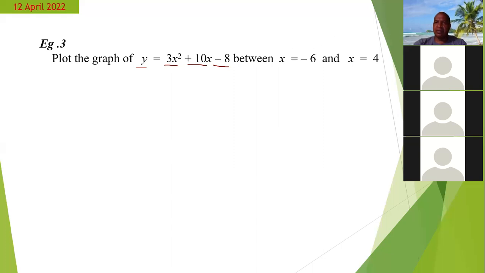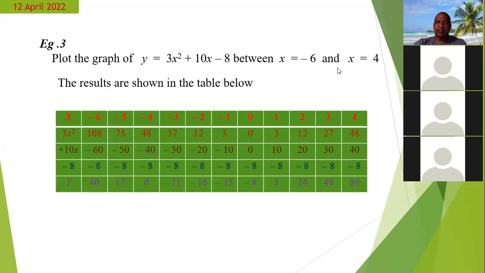All right, so your table should look something like this. This is what you would get when you construct your table. And just to walk you through the calculations, I'll show you now how we arrive at our y value. It is done in the same way as the previous table. So you have all your x values